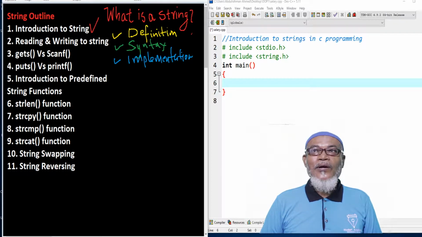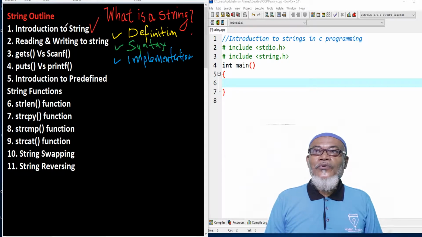So today we are going to start a new topic altogether. As we promised in our last session, we are going to talk about strings, and in our next series of videos on strings, we are going to cover several topics. Today we are going to talk about an introduction to strings, and then we will move on to reading